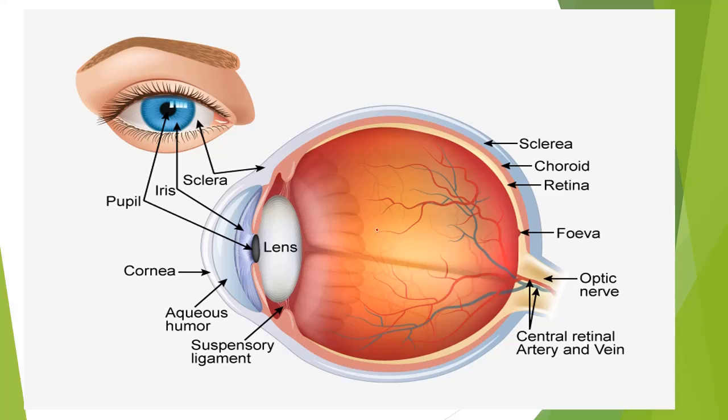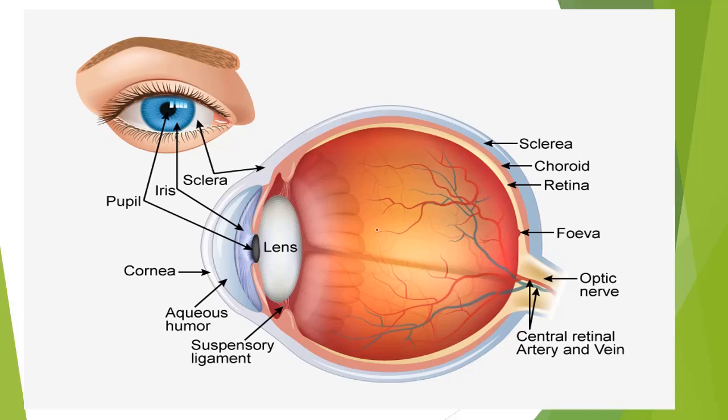So here you can see more parts of the eye, and we will try to explain the functions of the eye. You can see this bluish part. This bluish part is called the iris. This iris is actually a muscle, and the color of the eyes is because of this iris. Some people have black, some have brown, some have blue. I have told you that this whole hole is known as the pupil. Then this white bulging out part is known as the sclera. Then there is one more layer which is bulging out on the sclera. This is called the cornea.